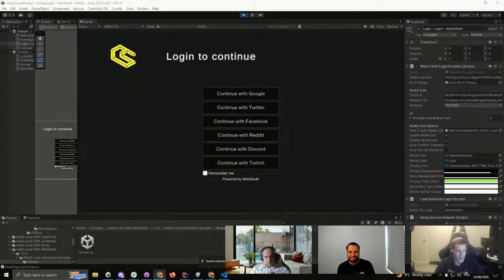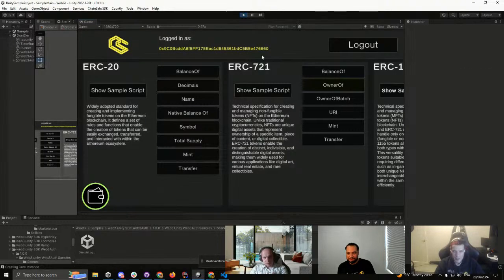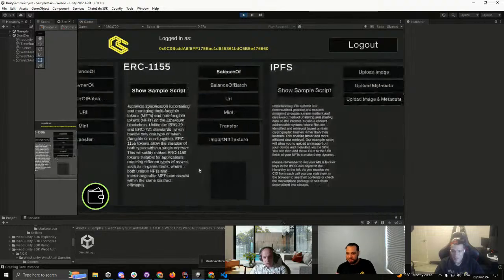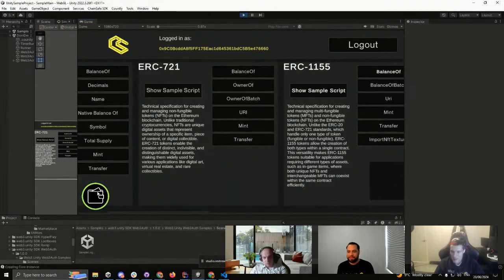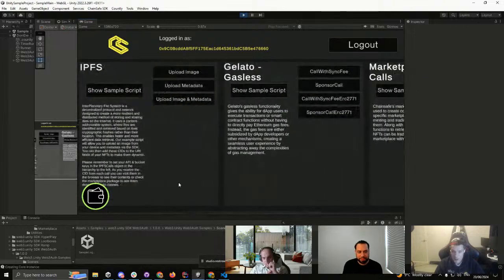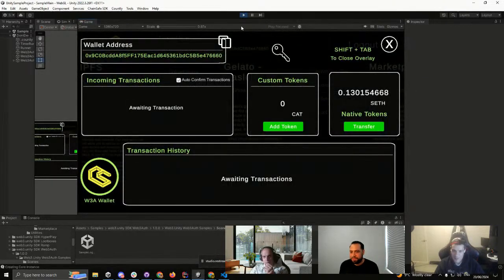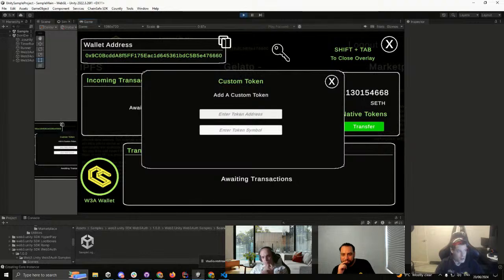Yeah, so when you log into Web3 Auth, you get a prompt on the side that asks you to log in. You just have to press that. Once you log in, you'll be presented with a little pop-up, a little wallet icon, which is pretty cool. Press that. Boom, we have a wallet. So essentially, this is your wallet address. You can copy that if you want to. If you want to add custom tokens, you can. For example, if I just grab a random token address, give me 2 seconds.